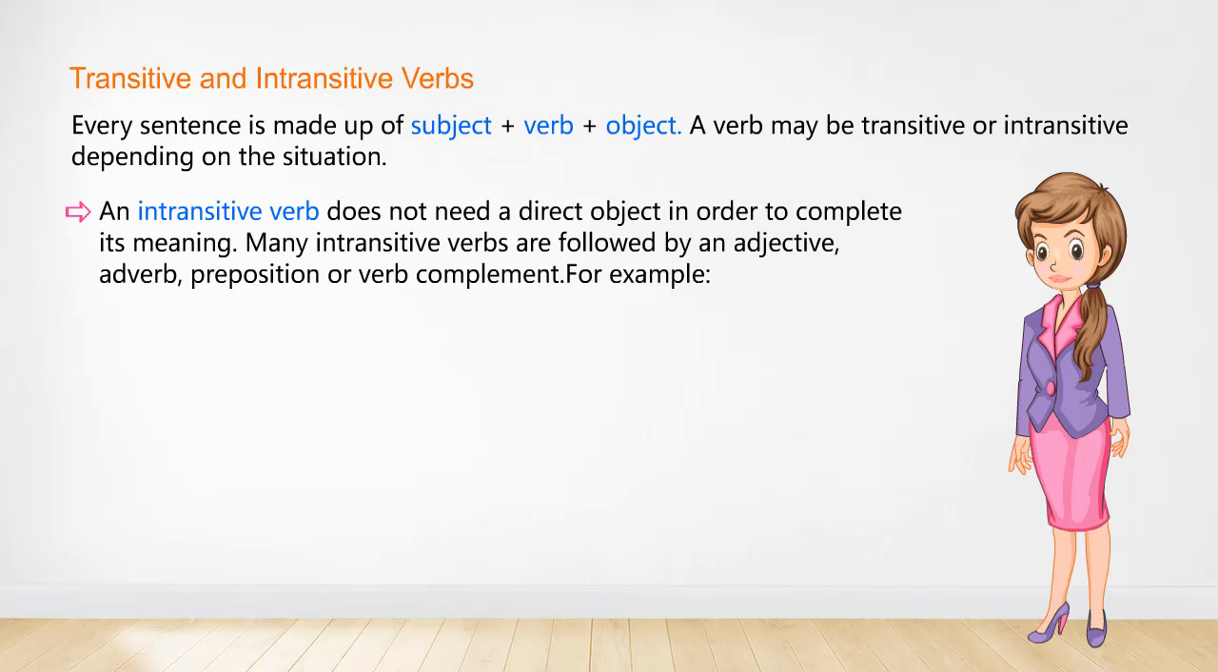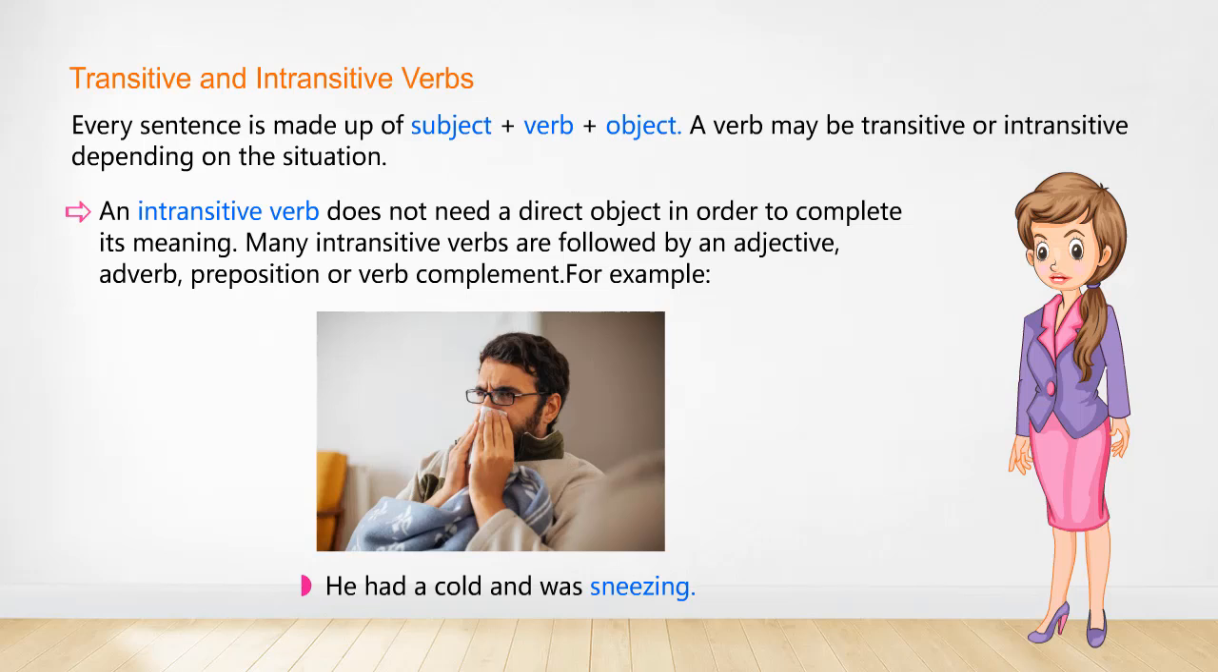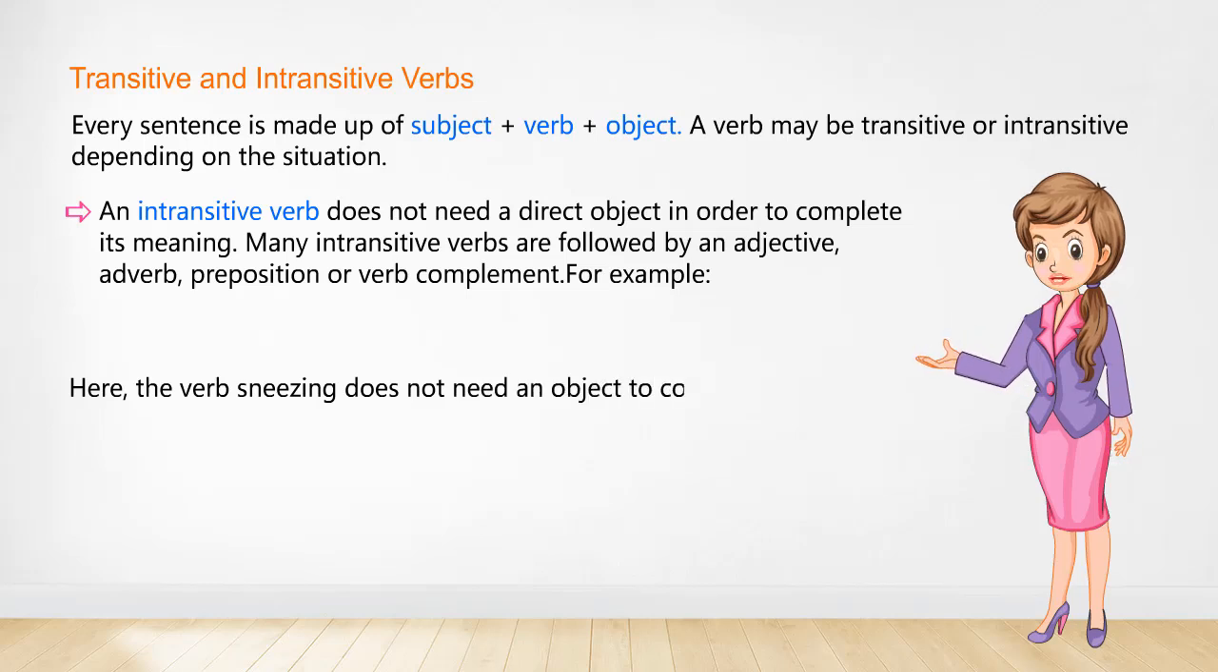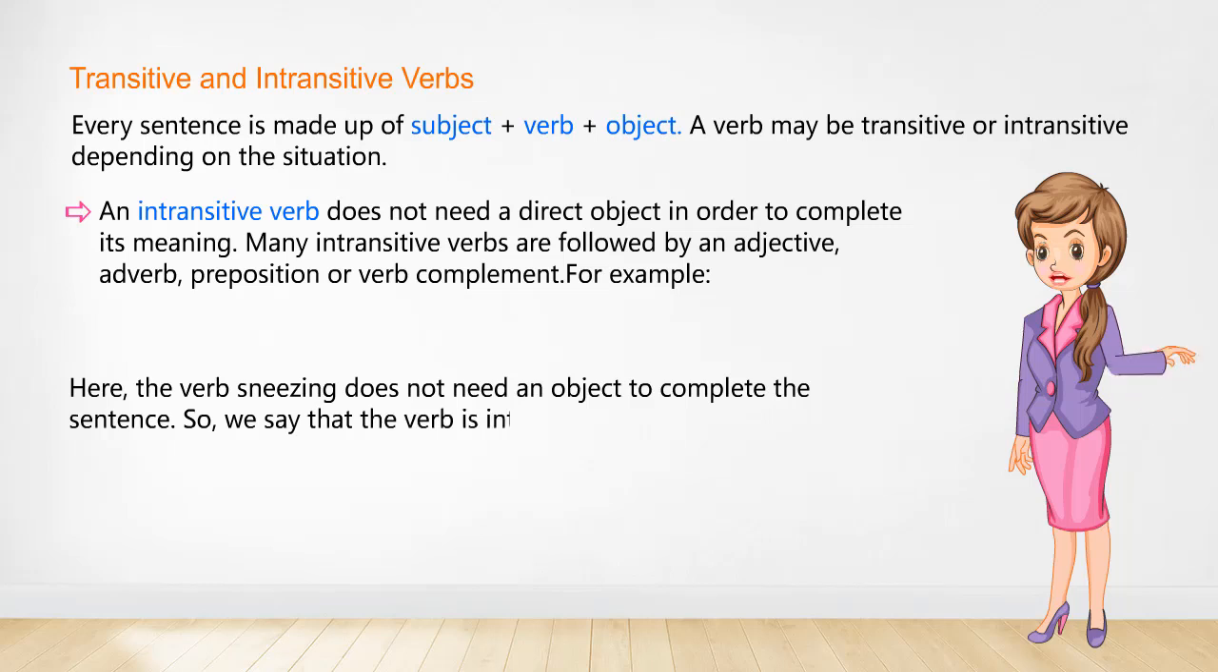An intransitive verb does not need a direct object in order to complete its meaning. Many intransitive verbs are followed by an adjective, adverb, preposition, or verb complement. For example, he had a cold and was sneezing. Here, the verb sneezing does not need an object to complete the sentence, so we say that the verb is